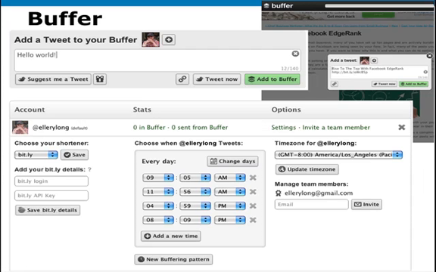Buffer is a great tool that's getting a lot of buzz lately that allows you to do exactly what I was suggesting earlier, which is schedule tweets throughout the week. And I should say Hootsuite, TweetDeck, CoTweet, all those other ones allow you to schedule too. What Buffer does that's pretty cool is you just set times that you want tweets to go out, and then you fill up a queue with as many tweets as you want.